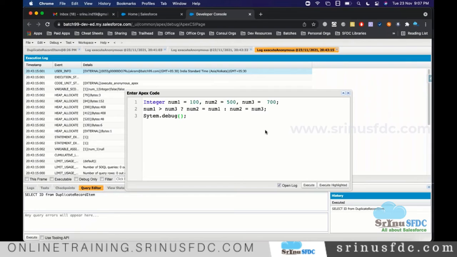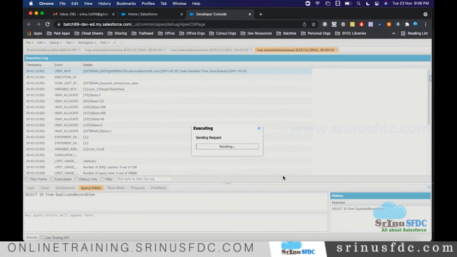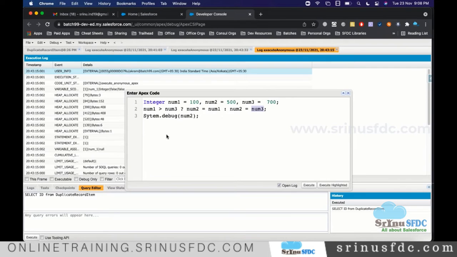System.debug to print in the log, so here we get to know what is the value. Now number 2 should be, as per our understanding, 700, right? So execute.